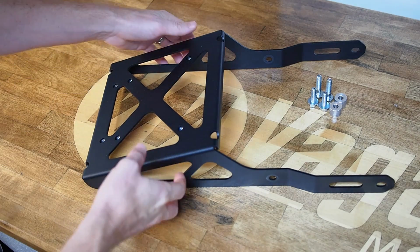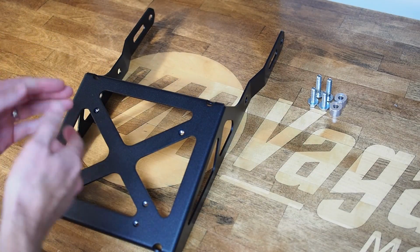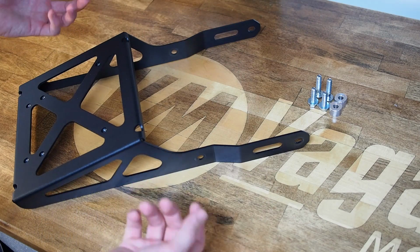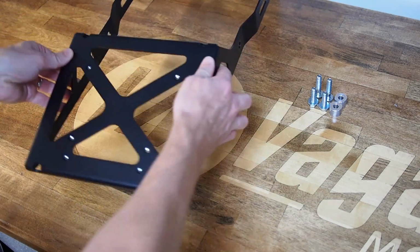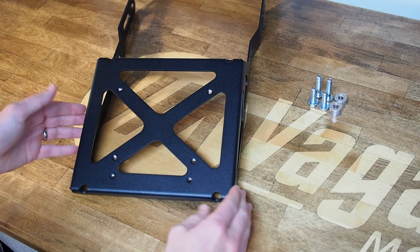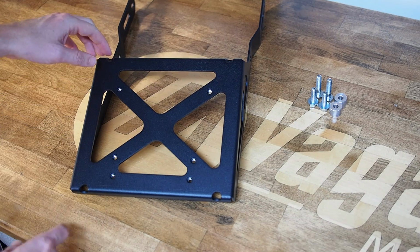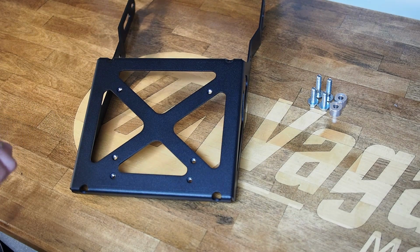It's got stepped flanges to follow the contour of the tail section of the bike. It's got oval slots in the front part to add more areas to hook in and tie down things. The main rectangular surface of the plate is about a 9x8 surface. It's got holes in the flanges to hook in bungee cords, tie downs, that kind of thing,